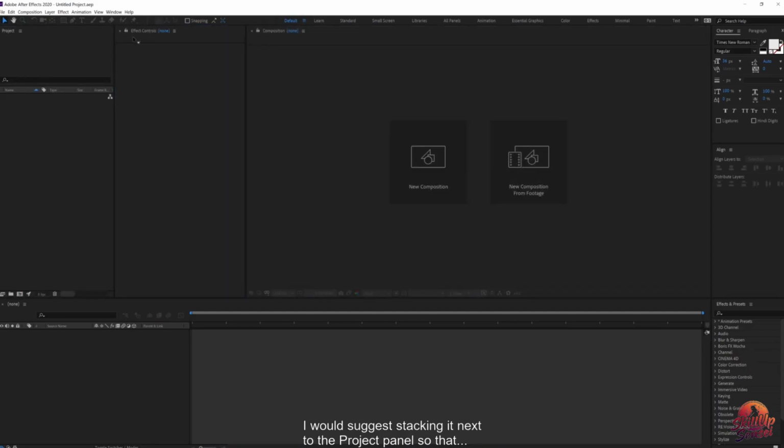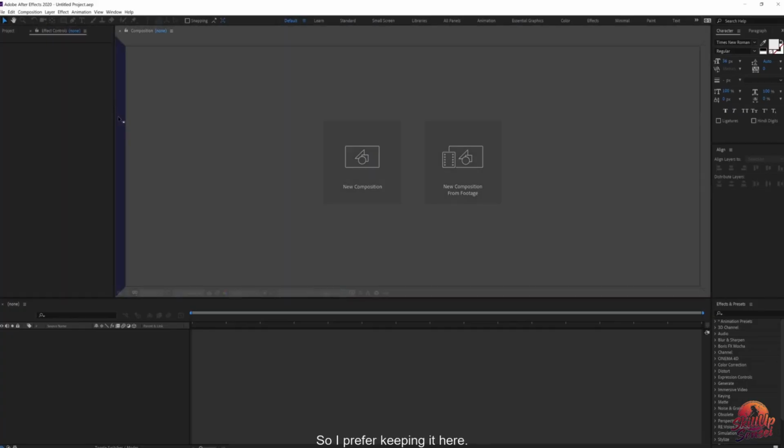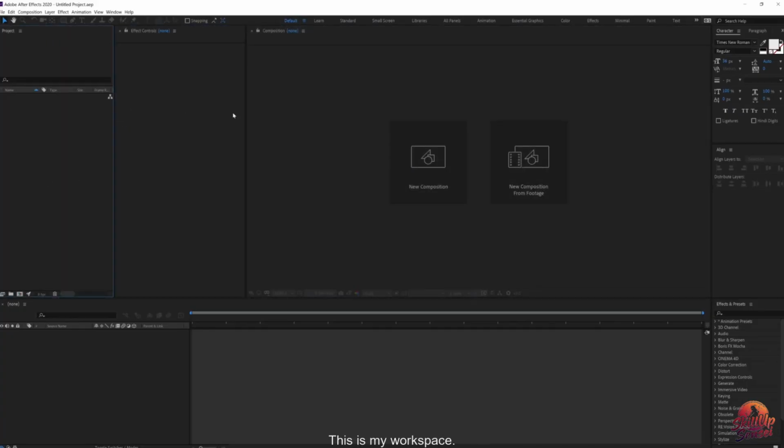So I prefer to keep it here normally, because if it stays like this, you have to repeatedly select the layer and then click here, which takes too much time. So that's why I prefer keeping it normally here. And this becomes my workspace, but